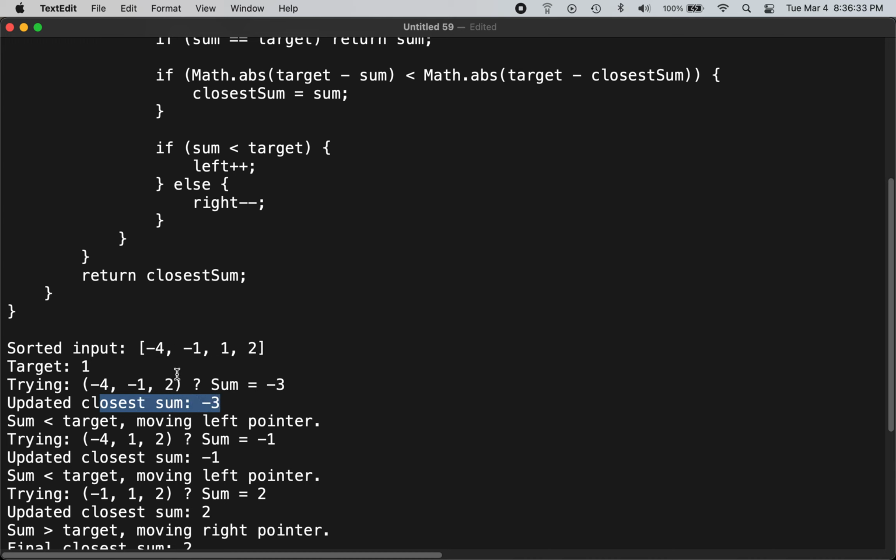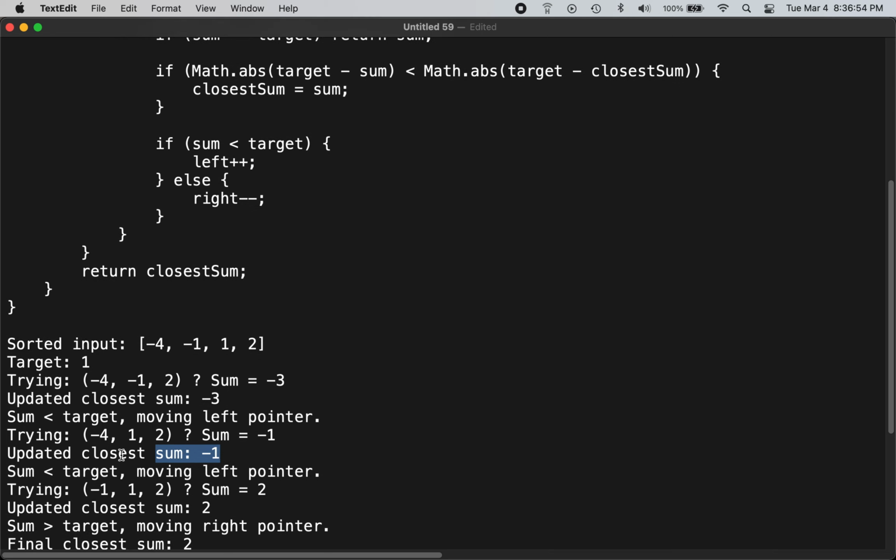So you update the closest sum from -4 to -3, and then because sum is less than target, you move the left, so it becomes this one. So -4, 1, and 2, the sum becomes -1, because -1 is closer to 1, so you update it. Now the sum is still less than target, so you move this one, and then you try